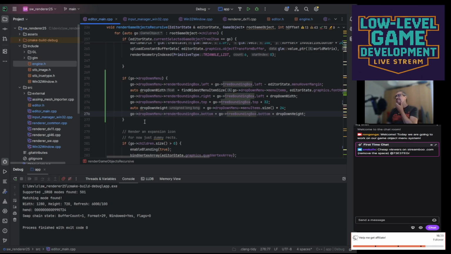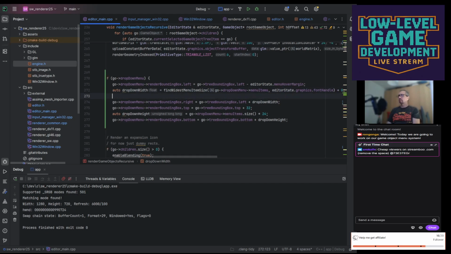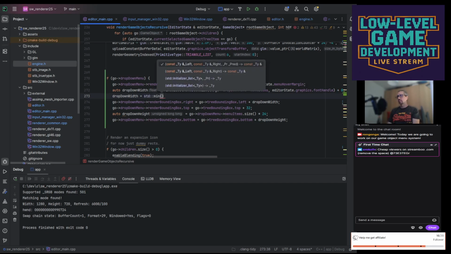I'll probably, I mean, let's say it's left plus the drop down width. Let's say the drop down width is actually a standard minimum of, so at least I want it to be like 50 or something, just so that we see something. Let's make it 100, or the drop down width. Or let's make the bigger one, standard max, right? Drop down width, and yeah,